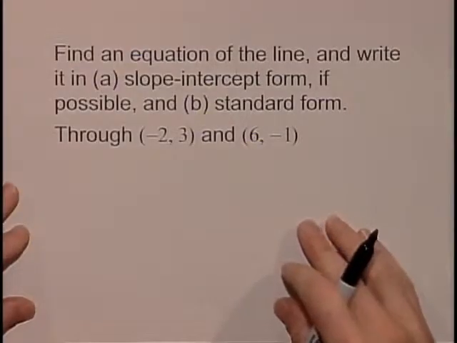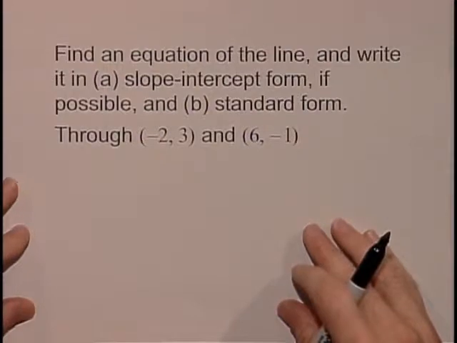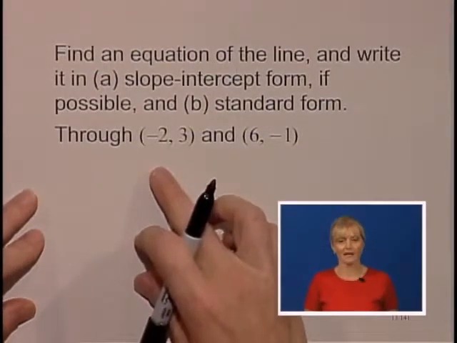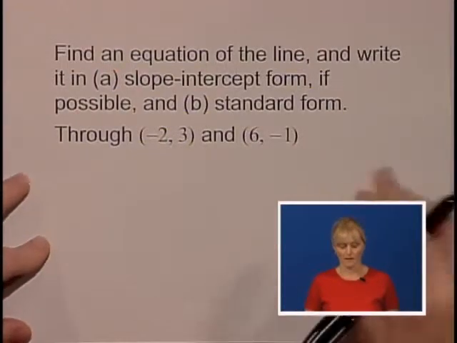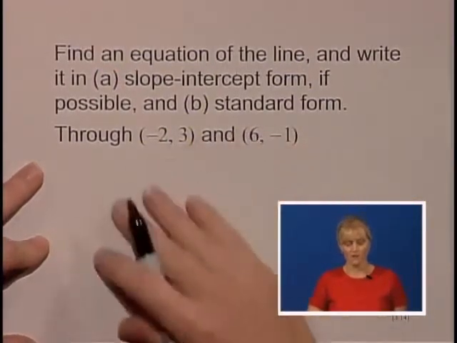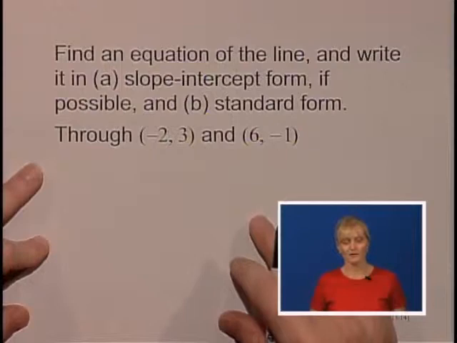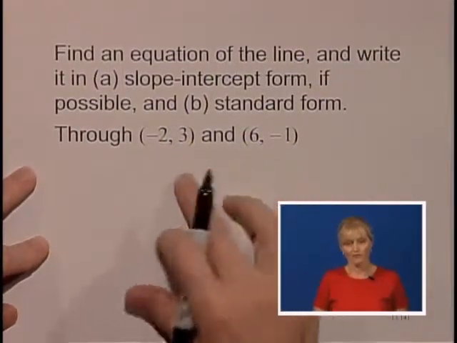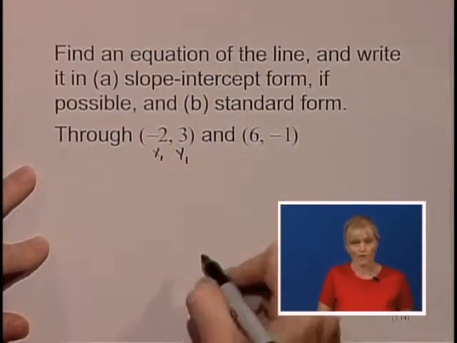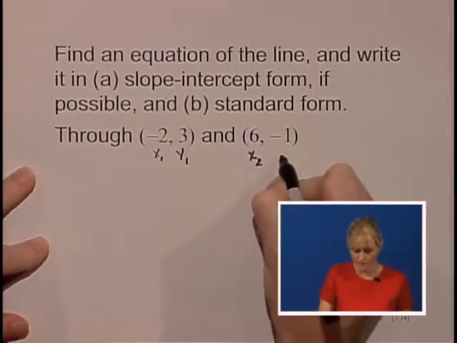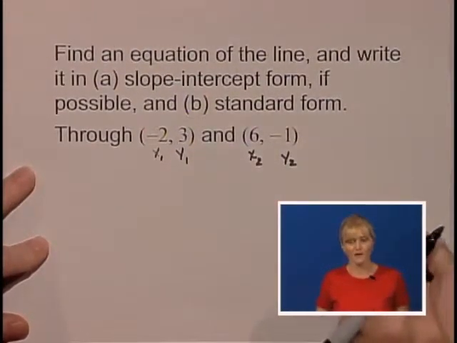Let's find an equation of the line and write it in A, slope-intercept form if possible, and B, standard form, through the points (-2, 3) and (6, -1). To use our point-slope form, we are going to need the slope. So we have 2 points, and we're going to label these x1, y1, x2, y2, and we're going to calculate